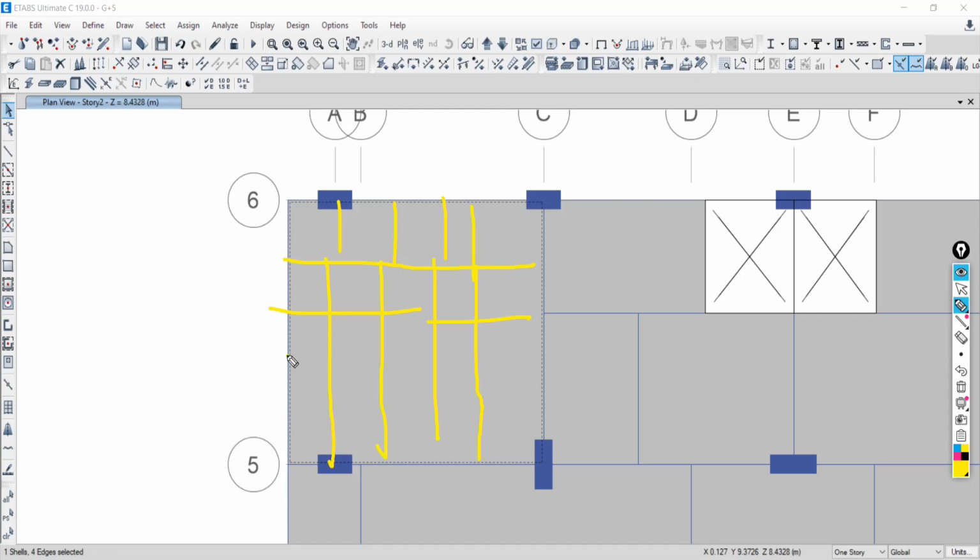Try to understand the drawing. Let's say it is 1 by 1 by 1, so 2, 2, 2, 2 like that. At every 1 meter square area we are going to assign a uniformly distributed load. So it does not mean that only 2 kilonewton is going to be spread over the entire area. Understood?